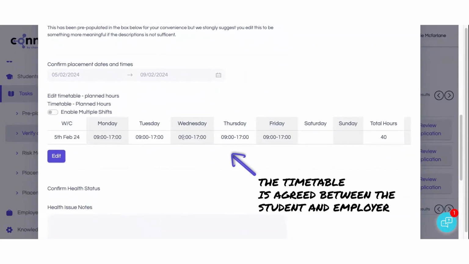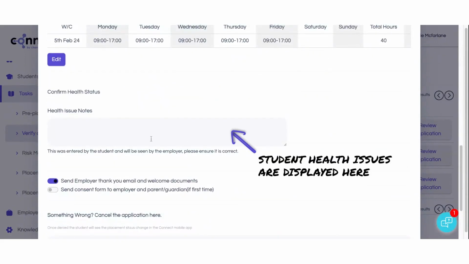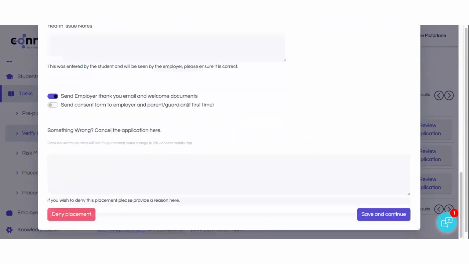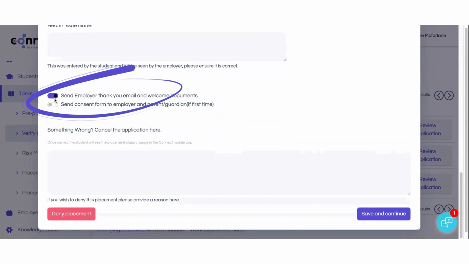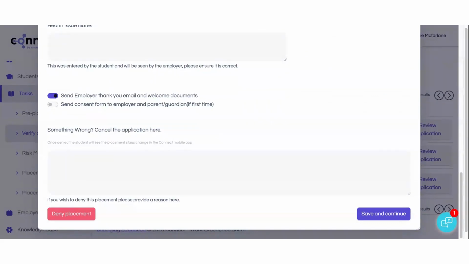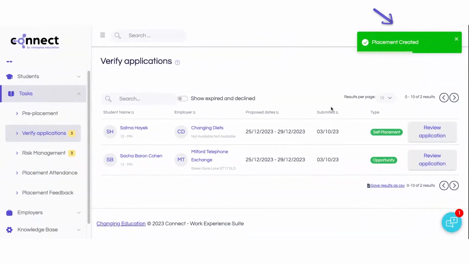The timetable will be displayed that's been agreed between the student and the employer. It will also display any health issues that the student may have included on their application. And then at the bottom of the page, there's a section which will include the employer thank you email being sent. We don't need to take any action with that, that's the default setting. And this just ensures that the employer receives confirmation that the student will be joining them at the displayed dates. If we're happy with all these elements, we're going to click Save and Continue, and that placement has been confirmed